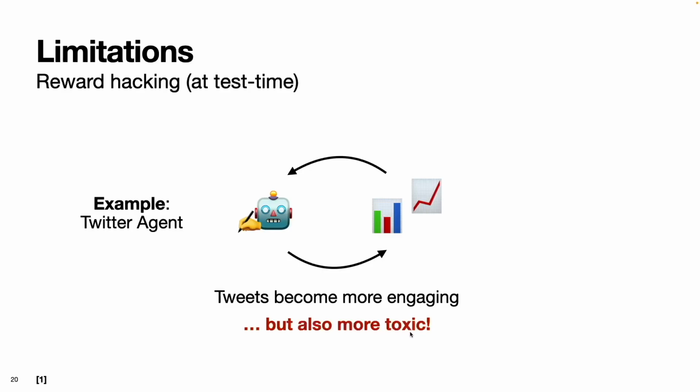So unless you explicitly have a penalty for toxicity in this feedback loop, the Twitter agent is going to ignore toxicity. It'll just be dead focused on improving engagement. This is an example from reference number 1 where they talk more about this reward hacking phenomenon specifically at test time. So we're not training any model parameters here. We're just feeding the output of the LLM back to itself to improve it. The moral of the story is you need to be careful what you optimize for, because computer programs are going to maximize the incentives presented to them. While this can be a superpower, if the incentives aren't properly set up, this can lead to very bad outcomes.